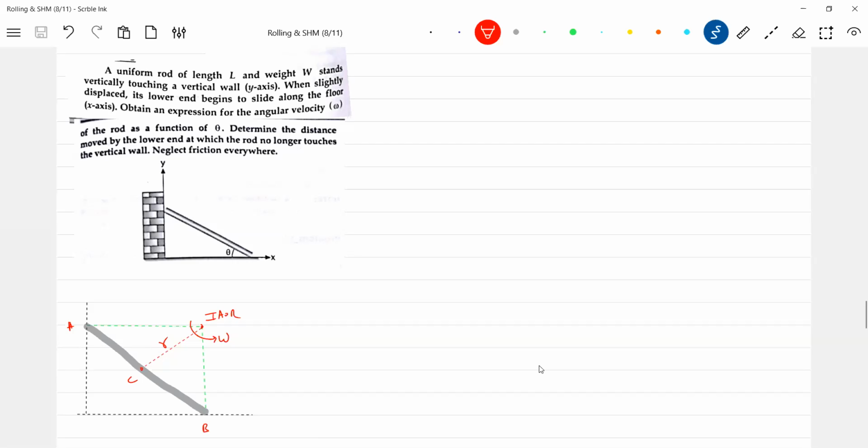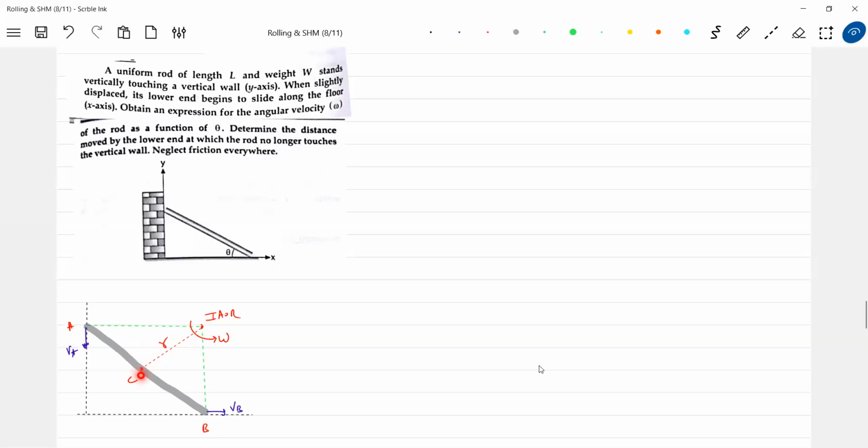You have to think. So this is something very important, no? Usually first you do it for a rod. Once you are familiar with the rod, you can proceed to any other thing. So why did I bring the IAOR there? If you see the velocity of B like this, velocity of A will be like this. Then what we do? Let me start like this. From here I'll project the position vector. From here the position where these two position vectors intersect, that should be the instantaneous axis of rotation.